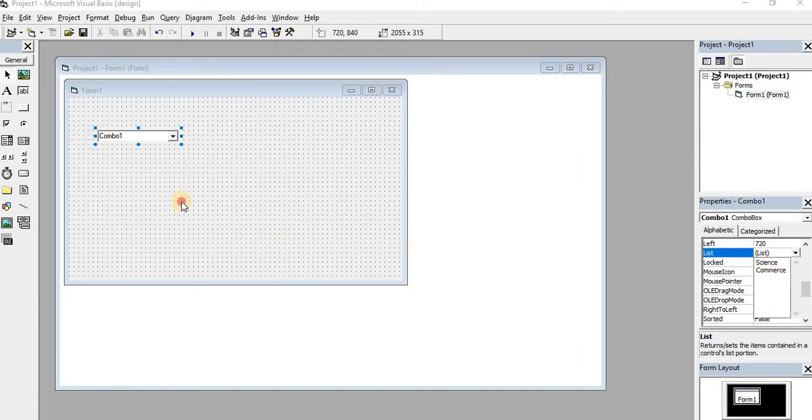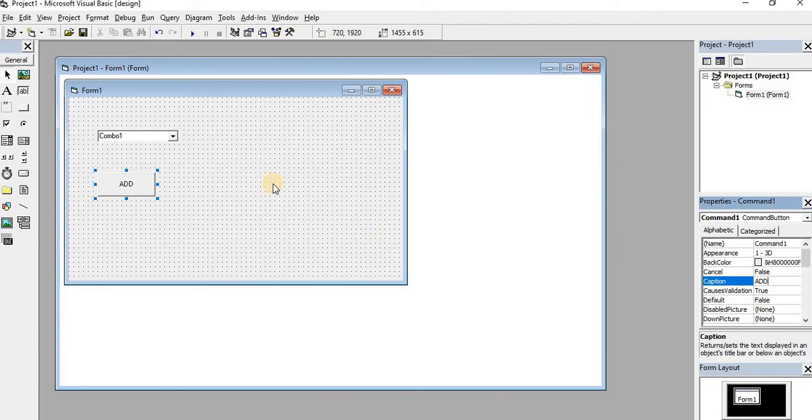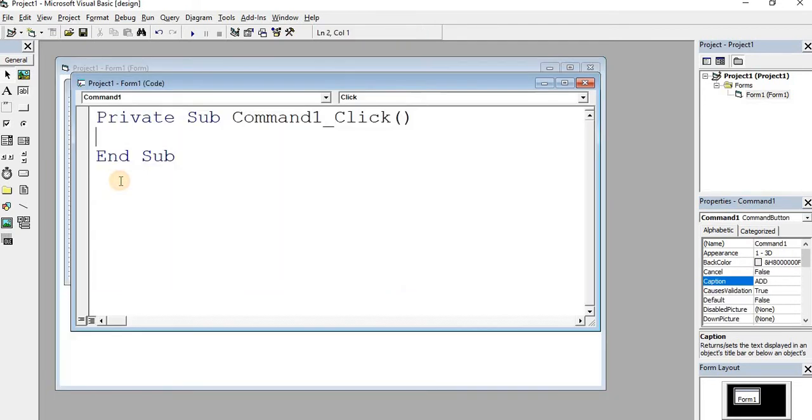Now I'm taking a button over here and giving it the caption add. Now I'm writing the code. The name of the combo box is combo1 dot, you have to use the method add item. Now you can add the new item.